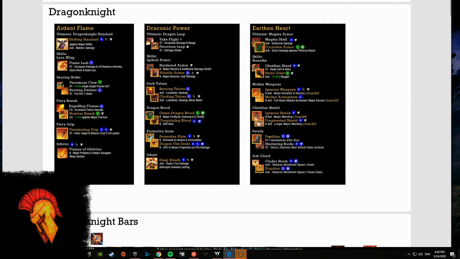Fossilize, these are both single target. I don't really, but if you're going to use one, I highly recommend stuns. The other one has a stun and their next heal or next attack. That's interesting, but it's not something I would really. Cinder Cloud,